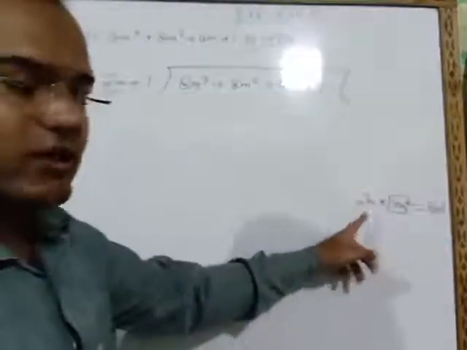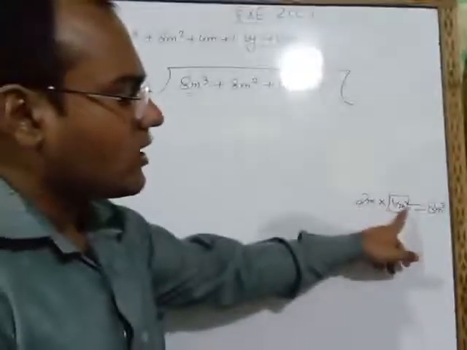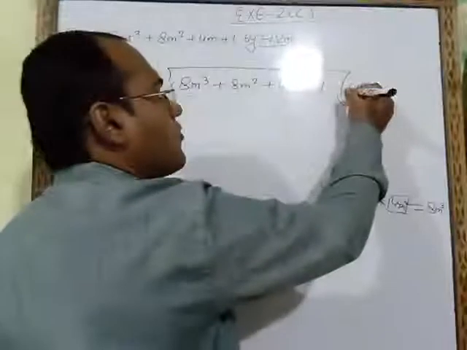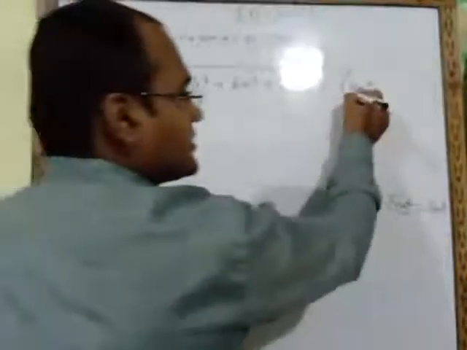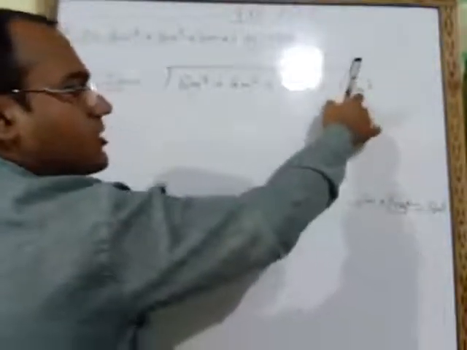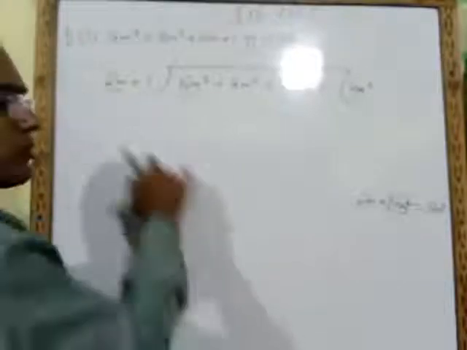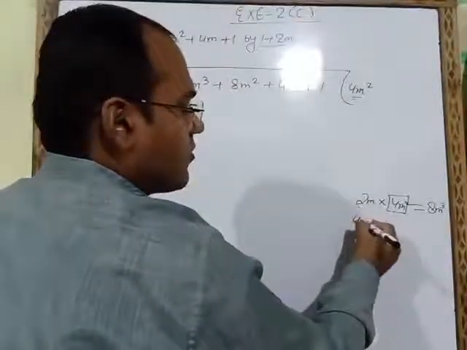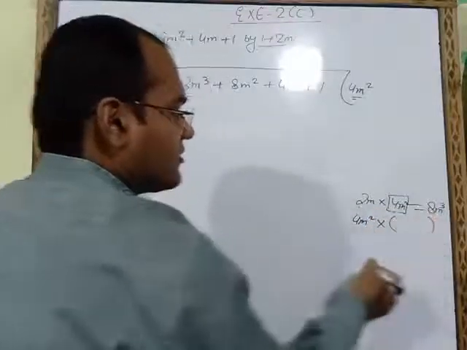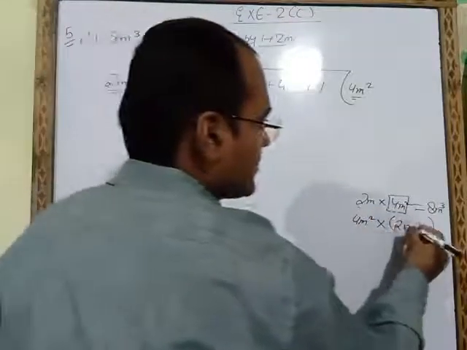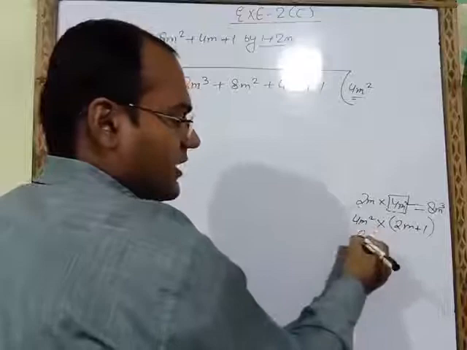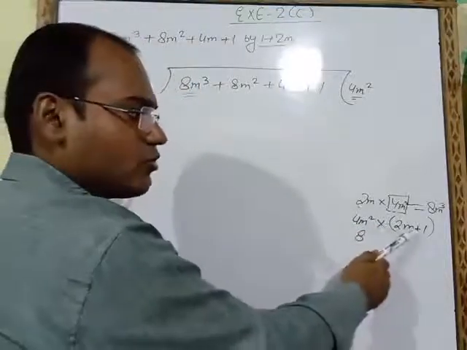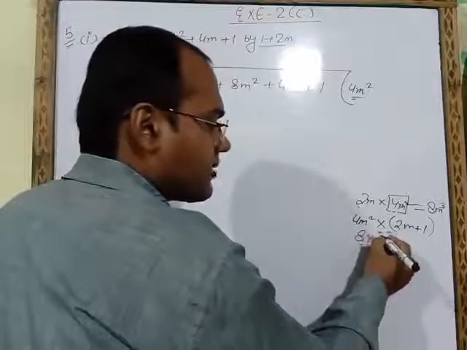So what you had observed here, 2m we had multiplied with 4m square. So here we have to write 4m square. So this 2m multiply with 4m square, then answer will be 8m cube. But the thing is, this 4m square which we got here, we have to multiply by the full number. So here we will show in the rough one, 4m square we have to multiply with the full 2m plus 1 term. Both the terms we have to multiply. So on multiplying these two, we will get 4 into 2, 8. M square into m, when we will do, this is m cube.